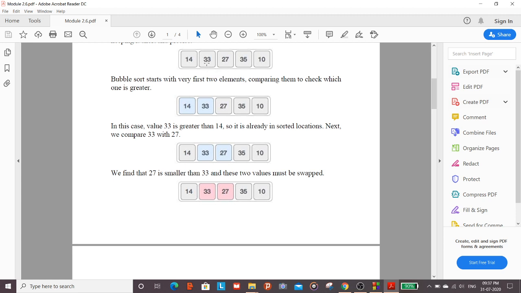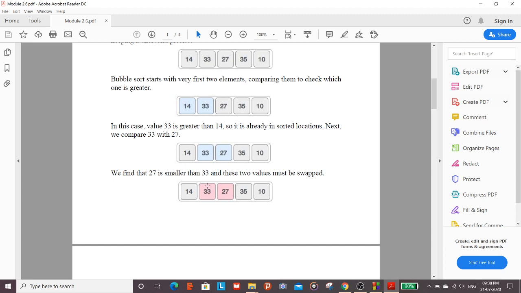Next, these two numbers, 33 and 27, are compared. Here 27 is smaller and 33 is larger. So swapping has to be done. 27 comes to this position and 33 goes to this position. These two numbers are swapped with each other.